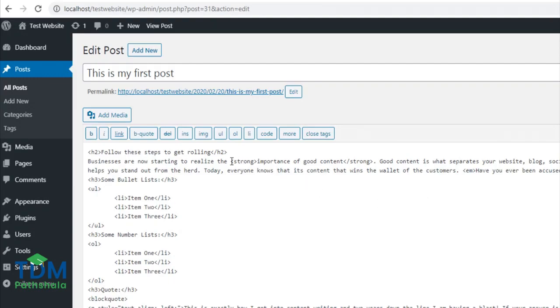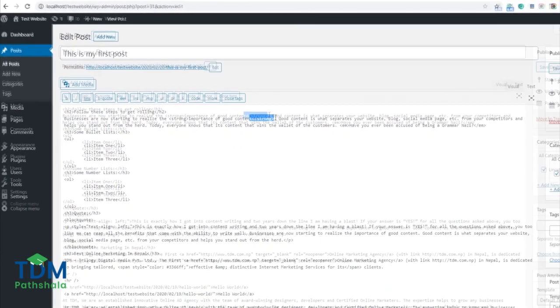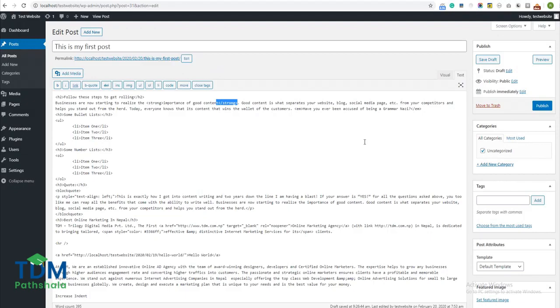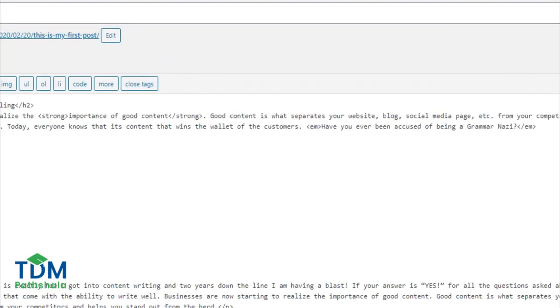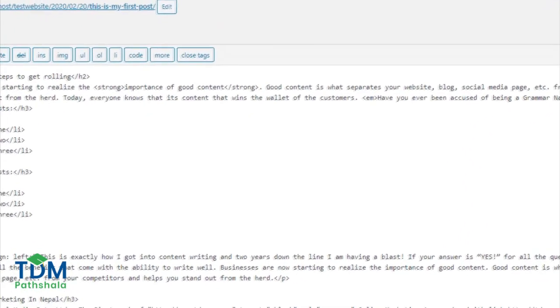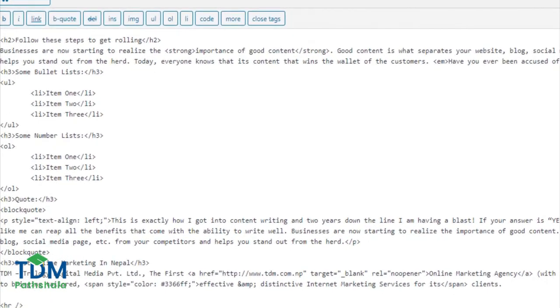So for this instance, importance of good content, which is in bold on the visual side, has the tag strong wrapped around it. On the code end, for italicized content, we have an em and /em wrapped around, and the same thing for blockquote and end blockquote. It makes it much easier when you start adding images and the other media elements to your post and